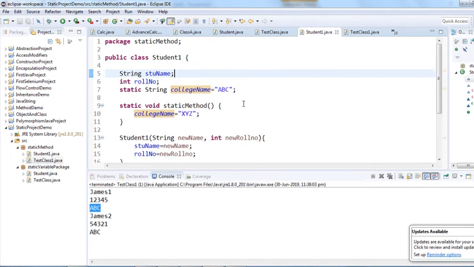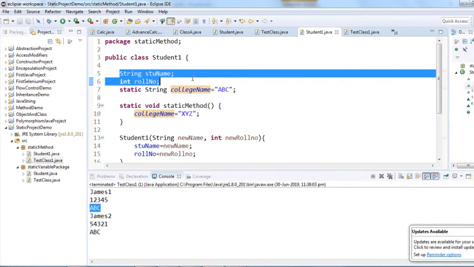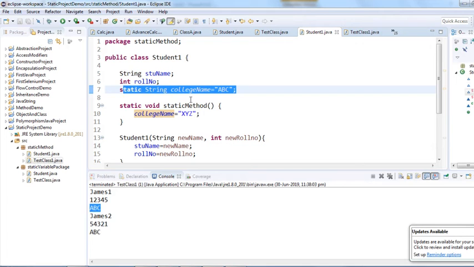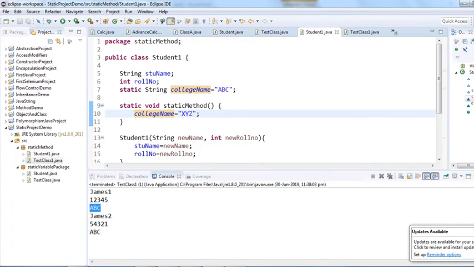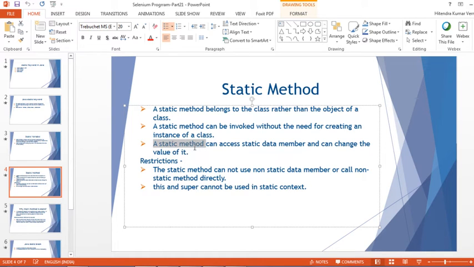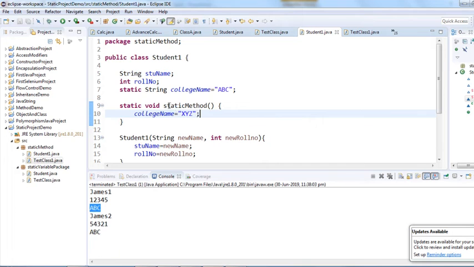So what we have done, we have created a student1 class. There I have declared two variables, a non-static variable and one static variable, and I have created a static method. If you see the last point, this third point, a static method can access a static data member and can change the value of it. Okay,